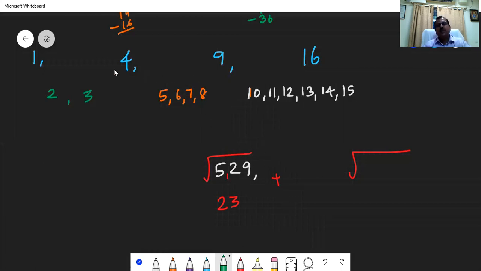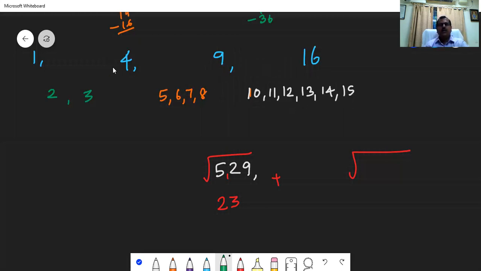Listen. Now here, 2 numbers should be added, correct? 2 plus 3, they are coming in a pattern. Wrong answer. I will tell you. Listen carefully. Here, square root of 9 is 3. 2 3s are 6 plus 1, 7 numbers. If you add 7, you can get the next square number. Or in other words, there are 6 non-square numbers between this and this.